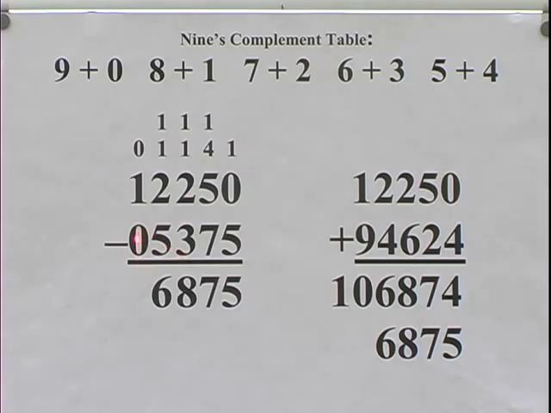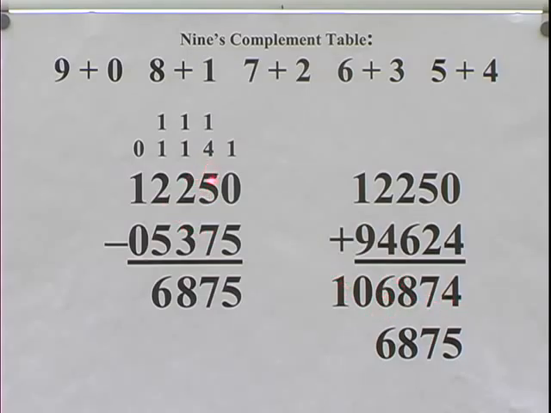What number added to 0 equals 9? 9. What number added to 5 equals 9? 4. What number added to 3 equals 9? 6. What number added to 7 equals 9? 2. What number added to 5 equals 9? 4. Now I'm going to proceed to add. 4 and 0 is 4. 2 and 5 is 7. 6 and 2 is 8. 4 and 2 is 6. 9 and 1 is 10. So my first operation, I get